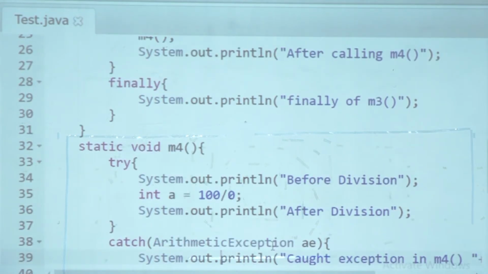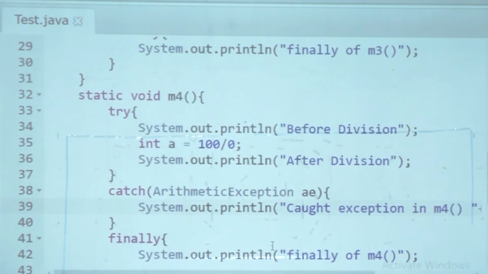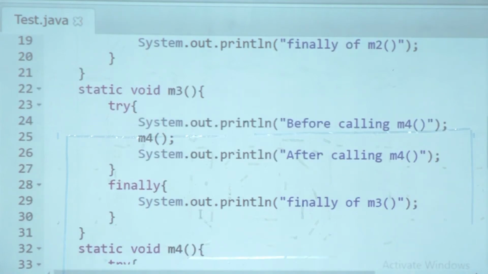Because it is tackled in M4 already, when I come to M3, I have no pending exception. So there is no reason to abort M3 now. So line 26 will be executed after calling M4, because there is no pending exception from M4. Now I lost count. So maybe 7, maybe 8, okay, 8 outputs.